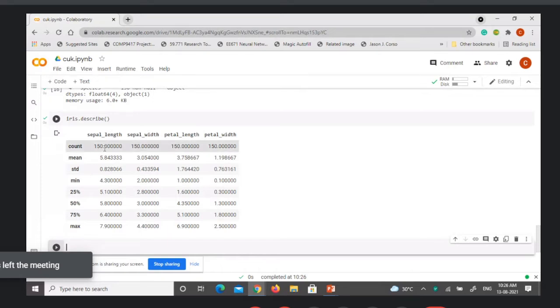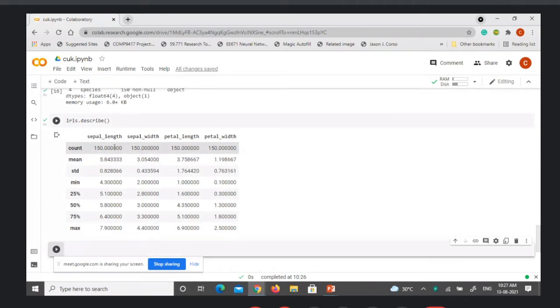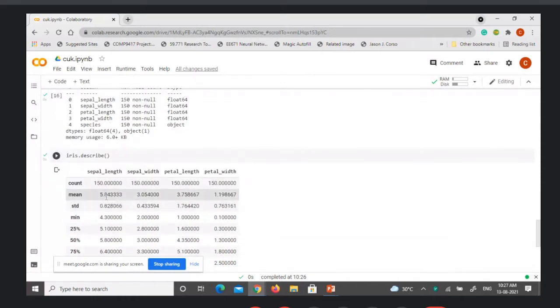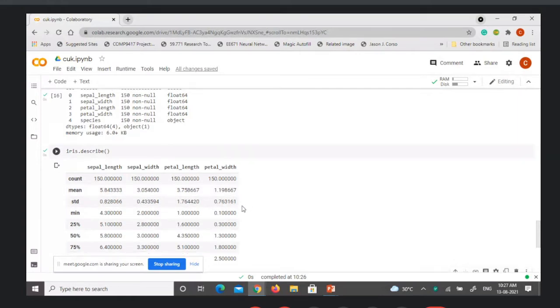So you will have 150 values for the sepal length, similarly 150 for all the rest of the attributes. And the mean sepal length, that is the average value of this first column, is around 5.84. Similarly, the average of the sepal width, second column, is 3.05, and for petal length the average is 3.75, and petal width 1.19. Similarly, the standard deviation.